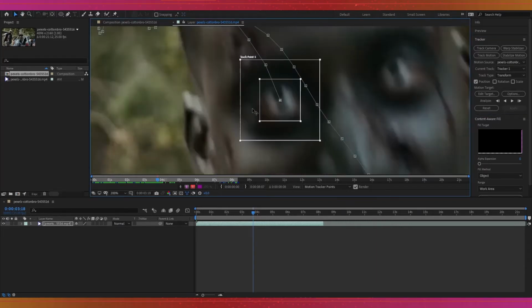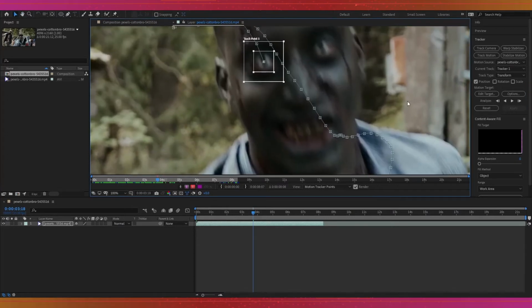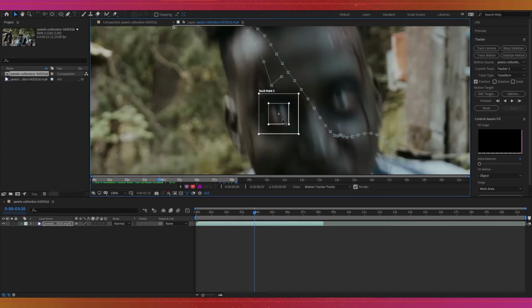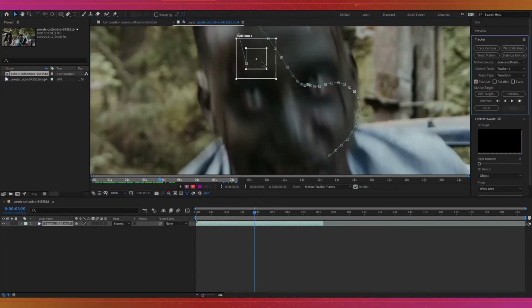So we have to make it manually here. And to do this you need a very good tracking sense. I think the machine got stuck here, so be patient. And yes,